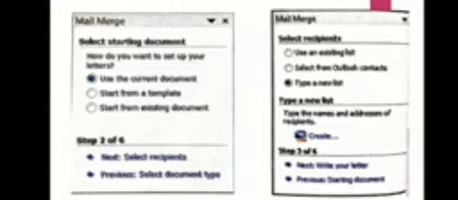Select from Outlook contacts means you had already made that data in Outlook or Excel and you want to copy it. And the last one is type a new list, meaning now you are going to type that data source. So if you are doing it for the first time, you will select the type a new list button, then click on the Create option.